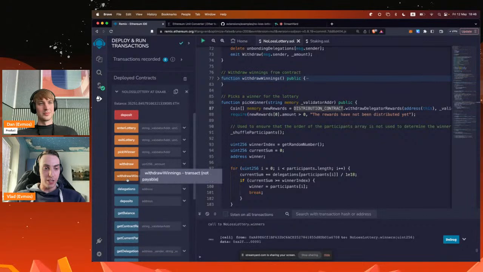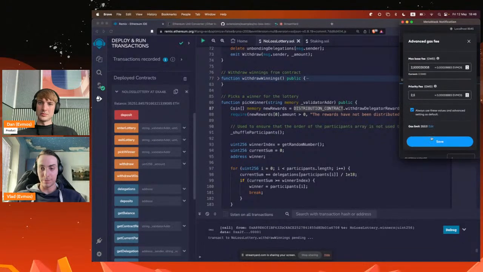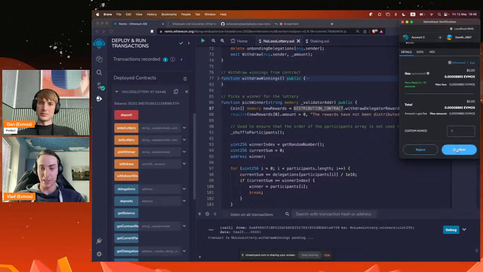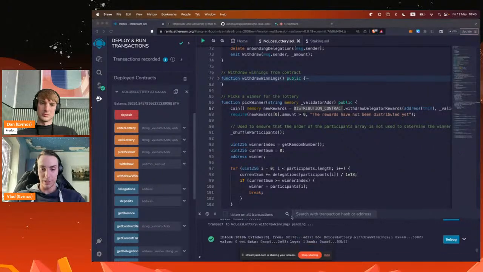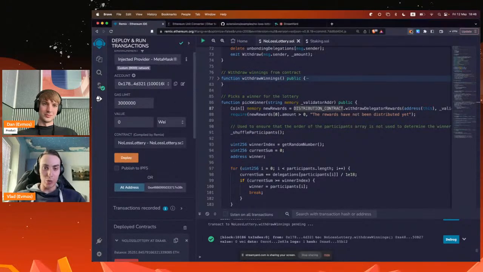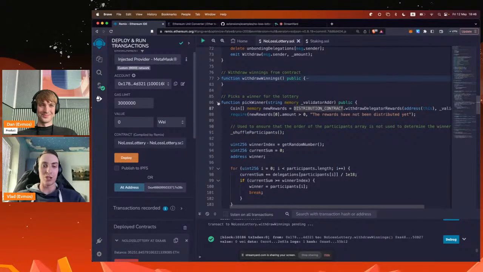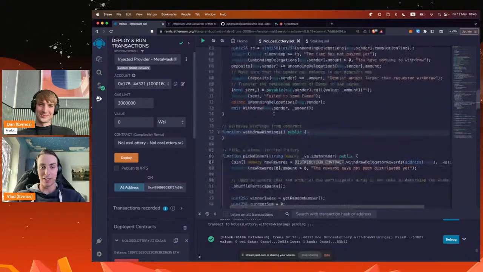If you withdraw winnings over here, this time it's estimated correctly. And now I've withdrawn winnings. But just to keep in mind, since this is a local node, the winnings are not very predictable because there's only one validator and a couple of people here. So it withdrew a huge amount of evmos. But it doesn't matter. The point was just to go over the flow,